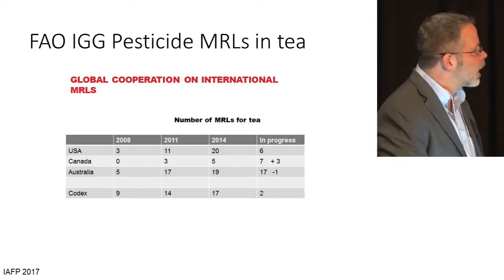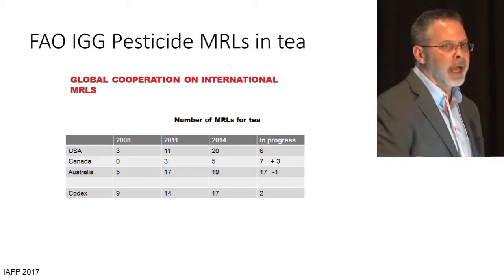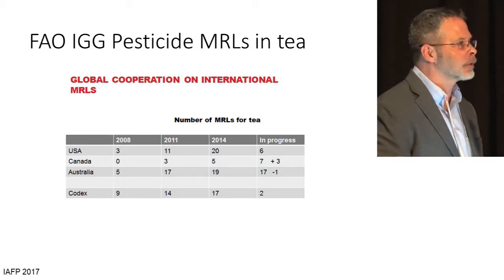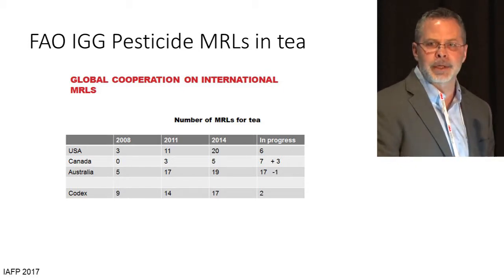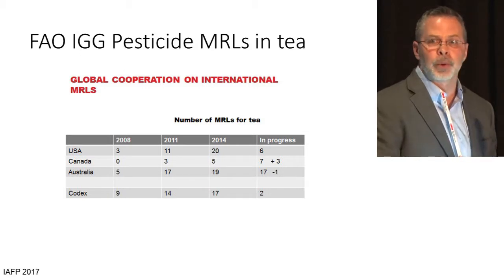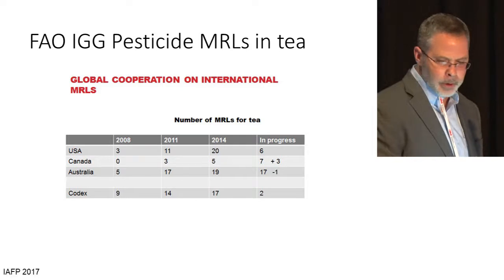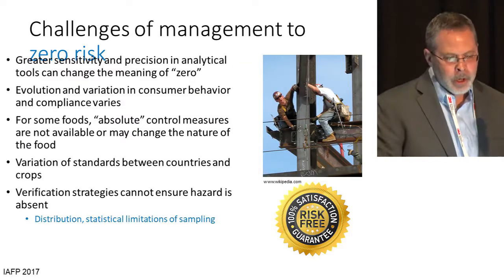In Canada, you see that several have been added. There was at this point to be 3 more added. They're already above 26, and now these groups are working with chemical manufacturers to find other ways to increase the list. So that's another strategy to manage to these zero risk standards, is to try to change the standard through the collection of data.